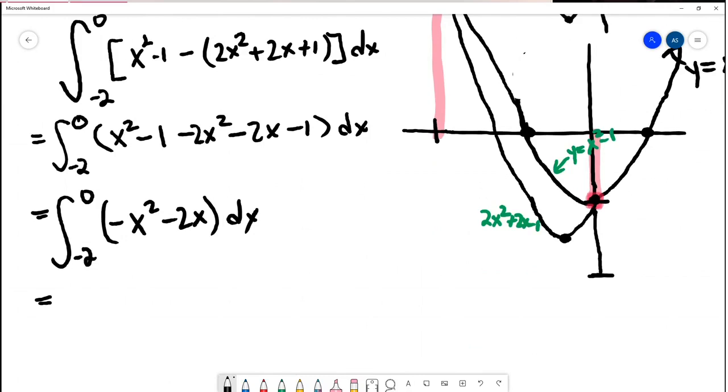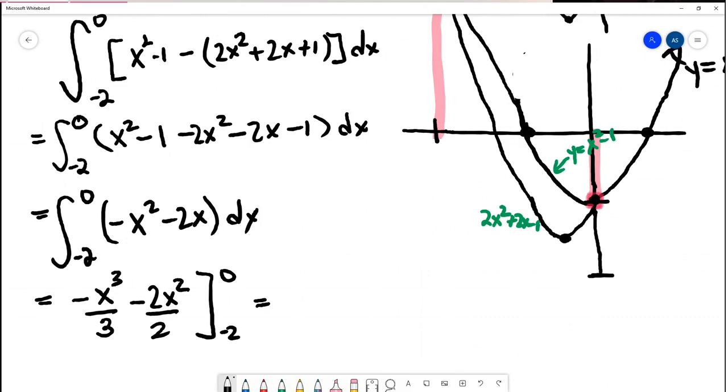And I'll find the antiderivative. I'm using the fundamental theorem of calculus. Find the antiderivative: negative x cubed over 3 minus 2x squared over 2, and we'll evaluate that from -2 to 0. So we get big F of b minus big F of a: -0 cubed over 3 minus 2 times 0 squared over 2